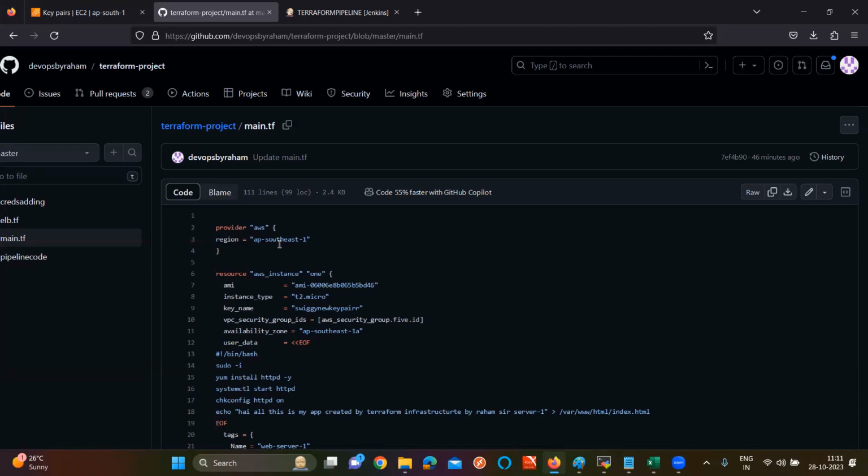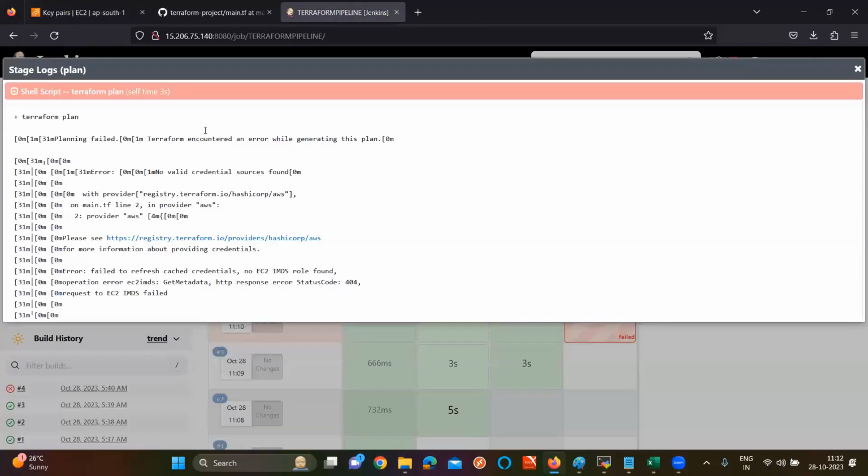In Docker, we added our credentials, or not, sir? In Tomcat, we added our credentials, or not, sir? Like that, the AWS access key and secret key also we need to add to our Jenkins pipeline. How to add your access key and secret key in AWS? You know, the aws configure command we can write. But if you want to add it in Jenkins, we need to go for the credential manager. Already we did this in your Jenkins concept for Tomcat deployment, right? Same as this concept. If you go to your Jenkins here,